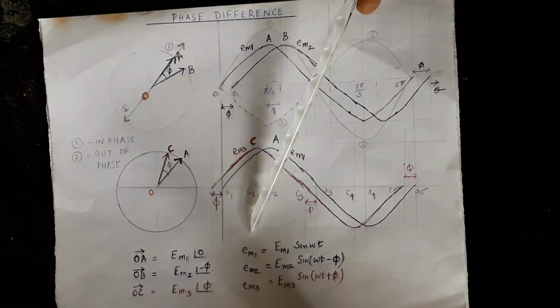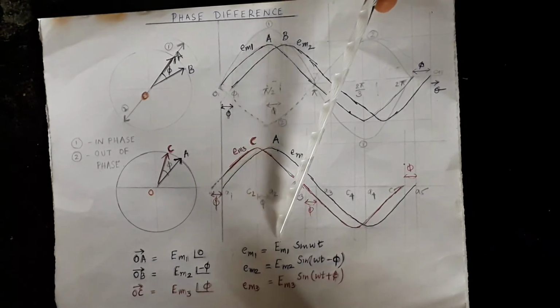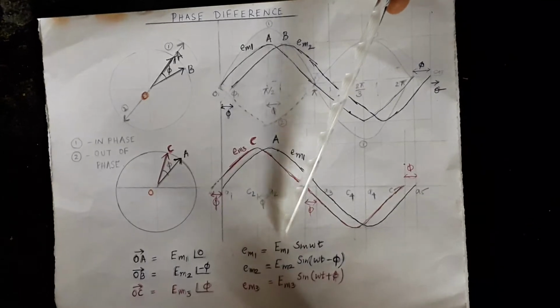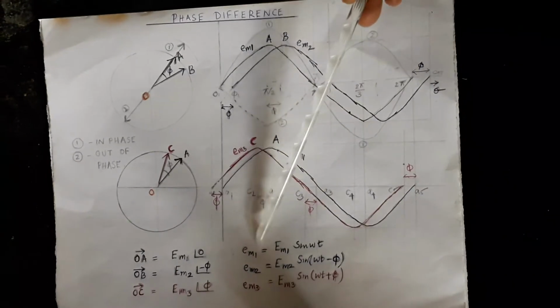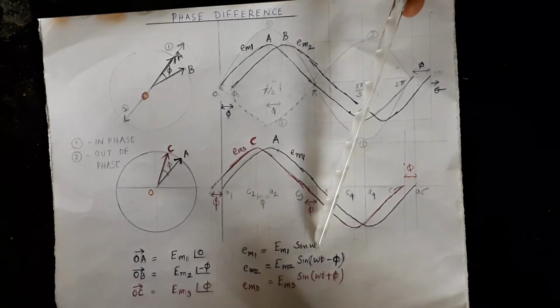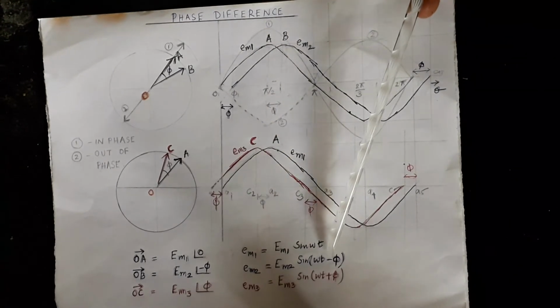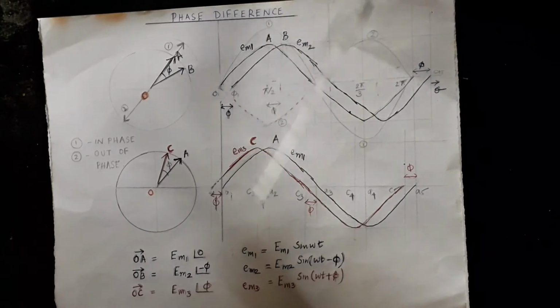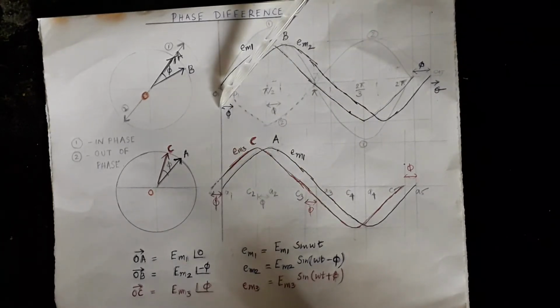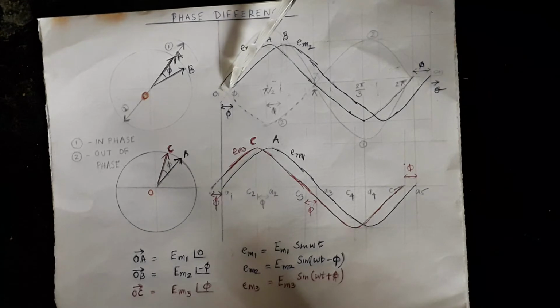See the equations representing these two quantities. e1, the instantaneous value, is equal to E_m1 sin omega t. At t equal to 0 this vanishes because sin 0 is equal to 0. At t equal to 0, what about e2? This is E_m2 sin(omega t minus phi), so minus E_m2 sin phi, which is a negative value. Only after an angle of phi radians does e2 reach 0. So e2 is said to lag e1 by an angle of phi radians.